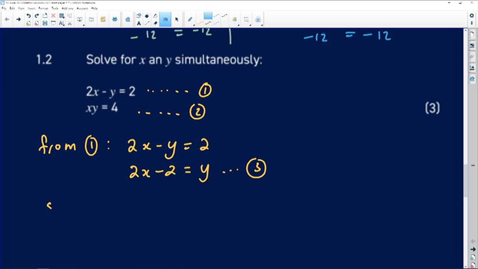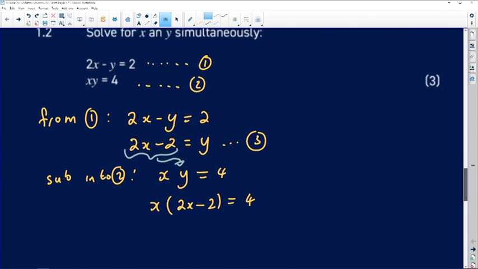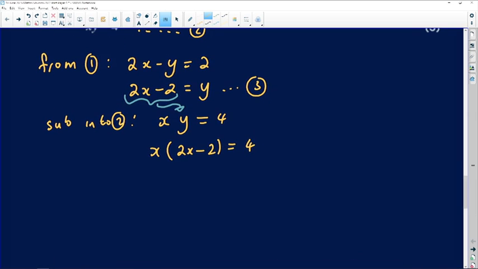Now I'm going to take that equation 3 and sub this into equation 2, the one I have not used yet. Since I was given x multiplied with y as 4, wherever I see y, I'm going to replace it with the expression 2x minus 2. So I'm going to plug it here wherever I see y, which means I'm now going to have x multiplied with 2x take away 2 is equal to 4, right? Now, if you simplify that, you end up with something awesome, which is going to be 2x squared minus 2x